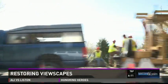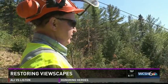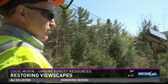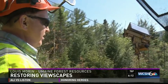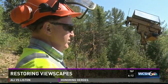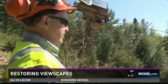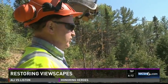in either direction. Well, it's totally different than what they normally think about, because we're not coming in and just removing trees. We're doing it systematically, and we're thinking about everything around so that when somebody comes to visit this area, it's not decimated of trees, and yet it doesn't look like it's been overcut by any stretch of the